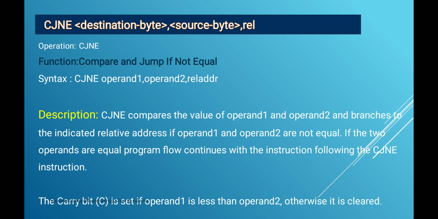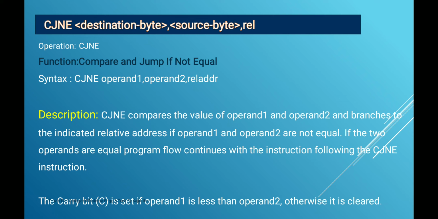So if R7 is less than 60, then it will jump to the next instruction, that is, jump to the CJNE R7 again. But if it is greater than 60, then it follows the next instruction. CJNE sets the carry flag and jumps to the instruction at label down. Then by checking the carry flag, the JC instruction decides whether R7 is greater than 60 or less than 60. This is the meaning of that example.